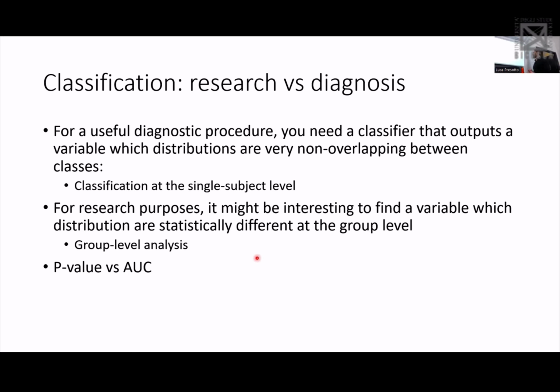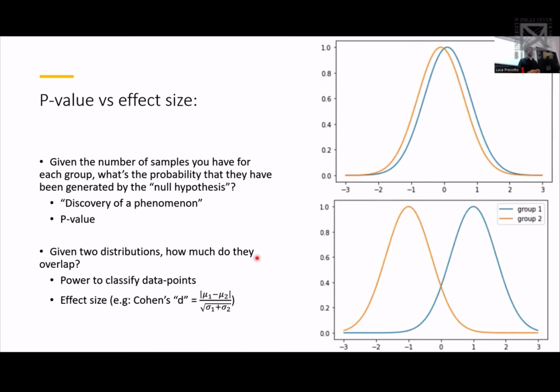For research purposes, instead, it might be interesting to find some differences that are variables that are significant at the group level. So if you know that in general, people with one pathology have a statistically increased expression of one marker, that can be a good finding, even if it's not sufficient at the individual level. Physicians like to talk a lot about p-value, even if statisticians tell them they should focus on effect size, on other more reliable metrics. To summarize,